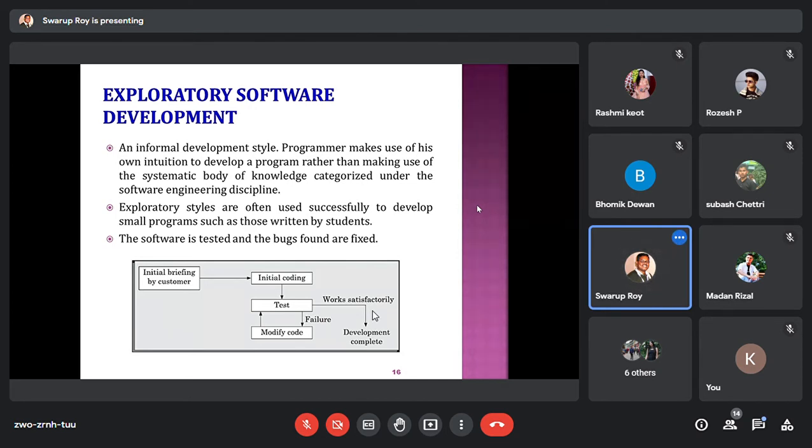But the problem is that bug rectification is not very straightforward, because changing the code to fix that bug has a ripple effect on the overall developed code.